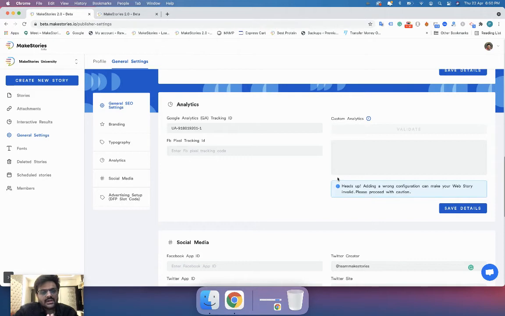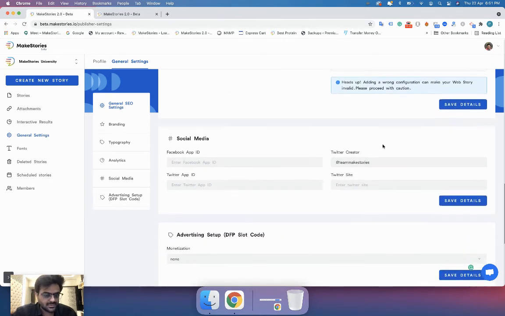You can take the pixel tracking ID from Facebook and input it over here. Now, apart from Google Analytics, if you are using any other analytics like ComScore or Adobe Analytics, and if that particular analytics provider is compatible with AMP, then you can definitely use it in the web story. To do that, you will have to pull in the analytics code, put it up over here, and then just save it. We do not have any custom analytics right now, but if you do have and have any questions on how to integrate them, just get in touch with us and we will help you out.